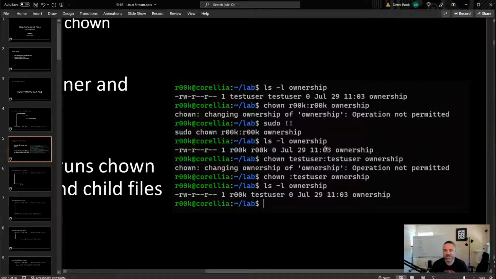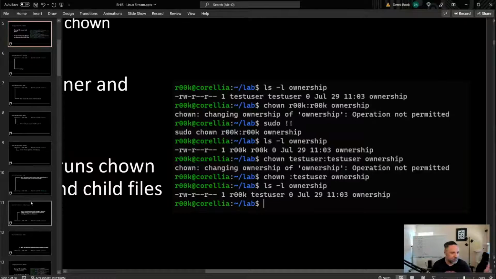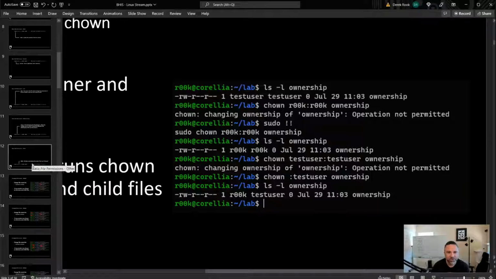Now, you can do things a little bit differently. You can actually omit either side. If you just put chown and then a word there and no colon, then it'll change the user. If you put nothing in front of the colon and then a name after it, that'll be the group. So you can change the group ownership instead of the user ownership if you wanted. So that's the chown command. That's pretty straightforward. A lot of people know about that. If you don't, well, now you do, but it's a pretty straightforward command.